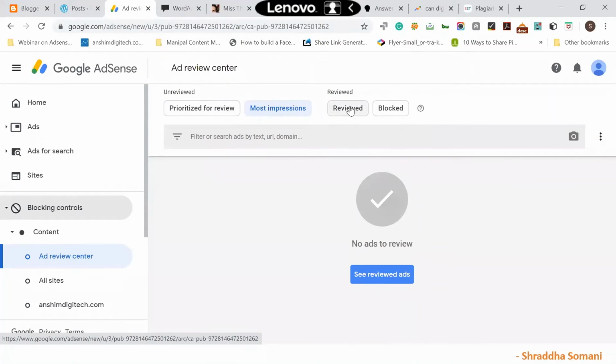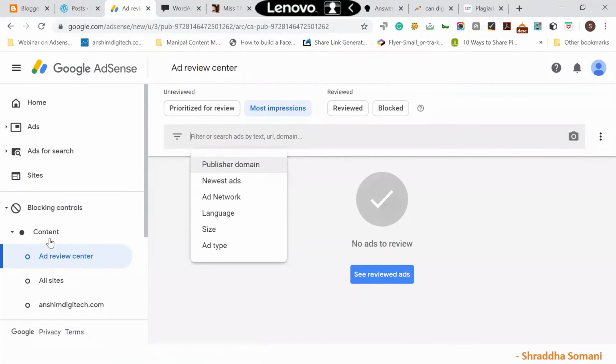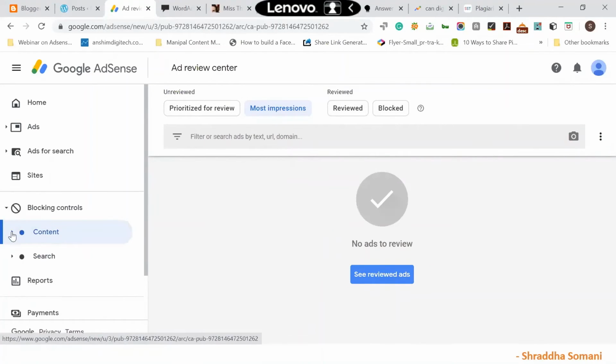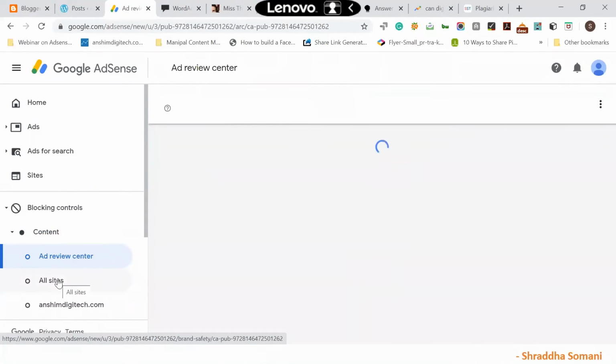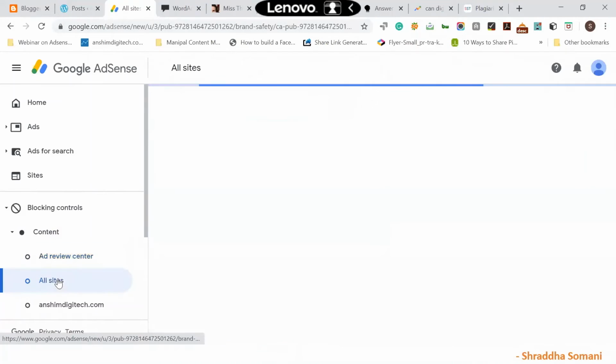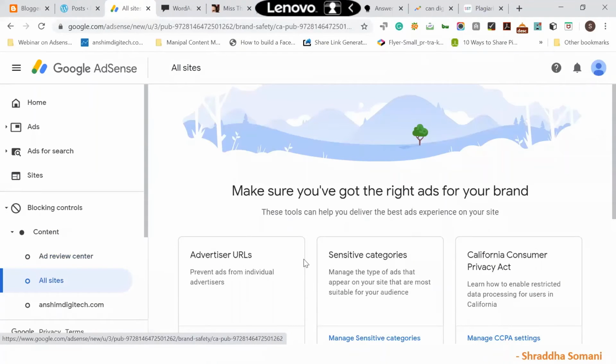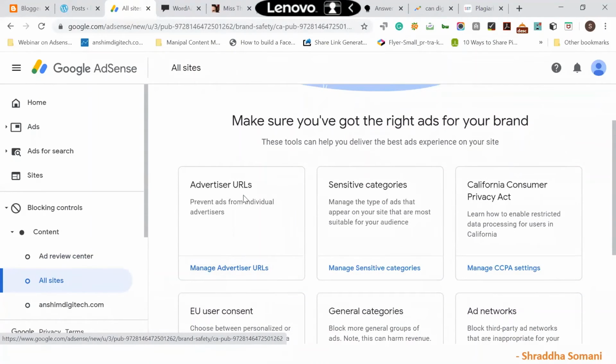So what I can do is search for the categories for the content. I'll go to the content, I'll go to all sites, right? And over here, what I will do is with the advertiser URL.